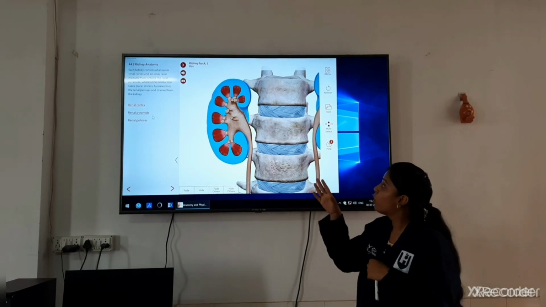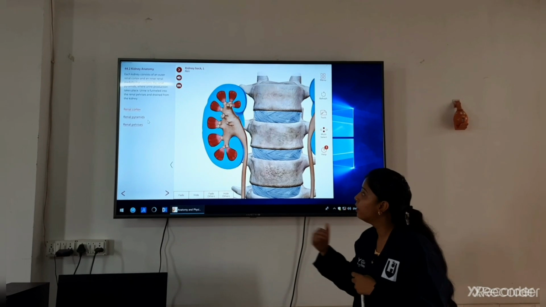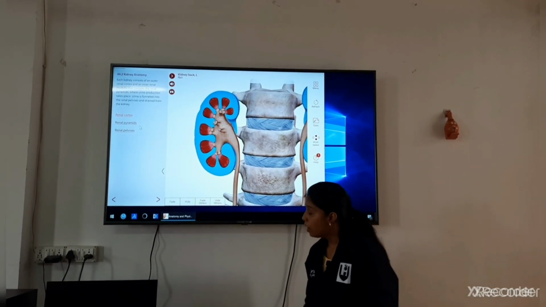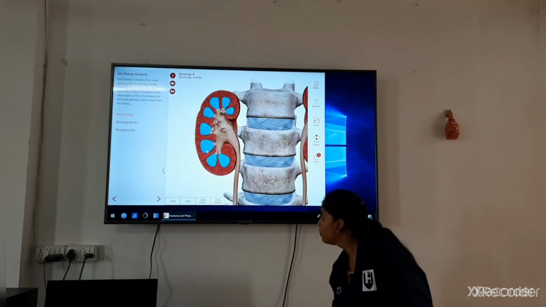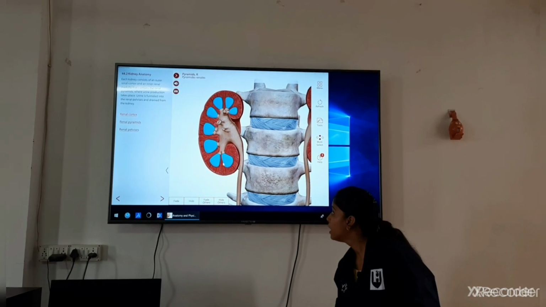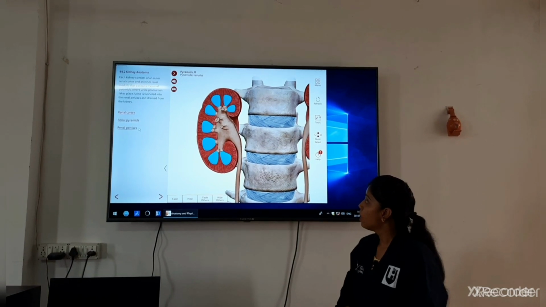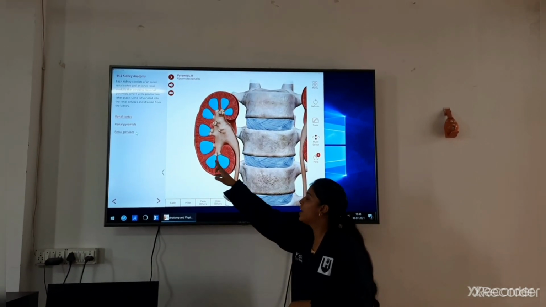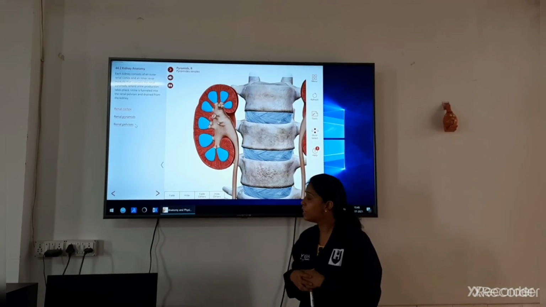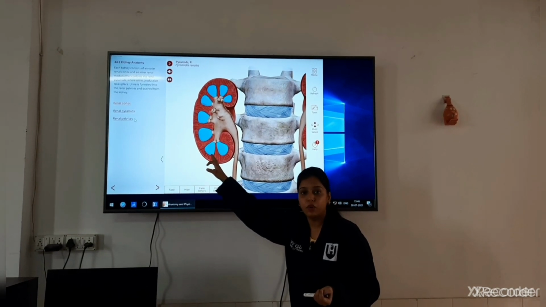This was the outer part of the kidney. When we talk about the internal part, that is the medulla of the kidney, we find pyramid-like structures located in the medulla. These are referred to as renal pyramids. The cortex as well as the pyramidal part of the medulla constitute the parenchyma of the kidney. Within the parenchyma is the functional unit of the kidney that we all know, the nephron.